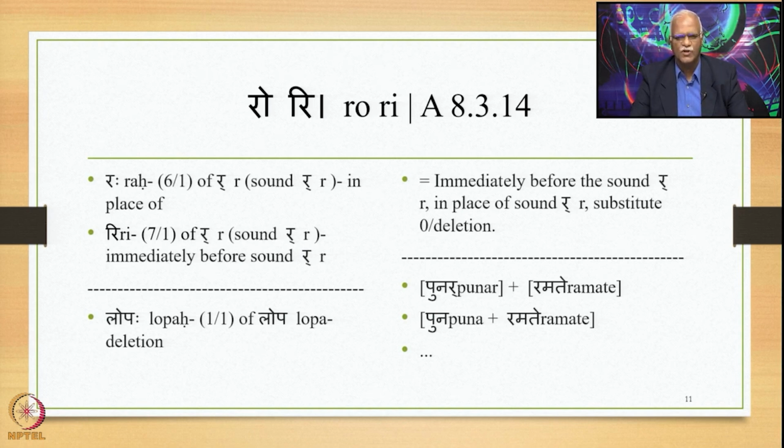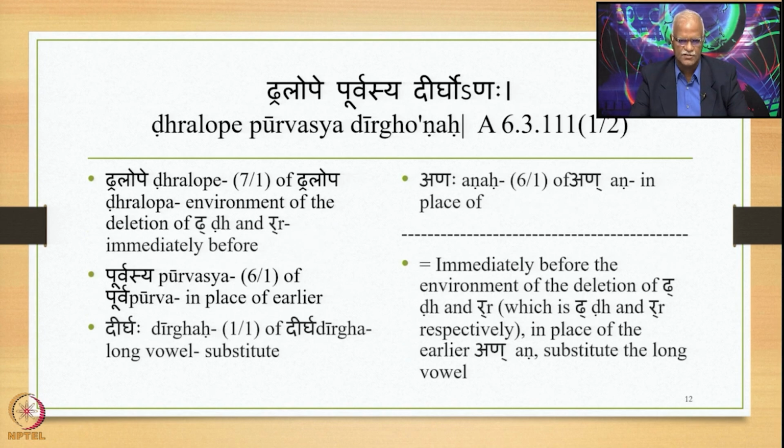So we have punar plus ramate as the example. Here we have ra at the end of the pada, punar, followed by ra at the beginning of the second pada. In this case, ra gets deleted, and so we get puna plus ramate as the next step of derivation, and the derivation continues. The derivation does not end here. This is not the finally derived form. We need one more sutra to be studied in order to complete this derivation, and that next sutra is this: